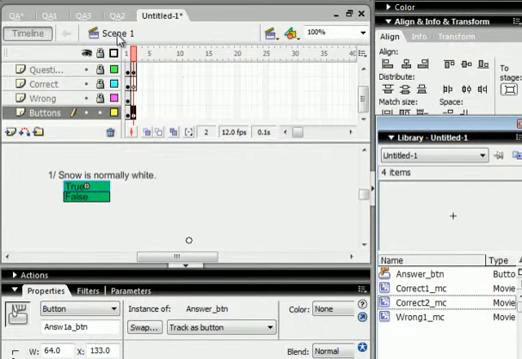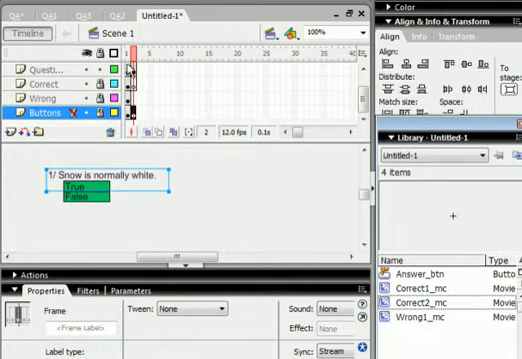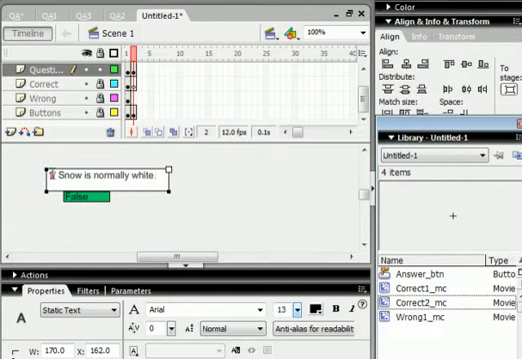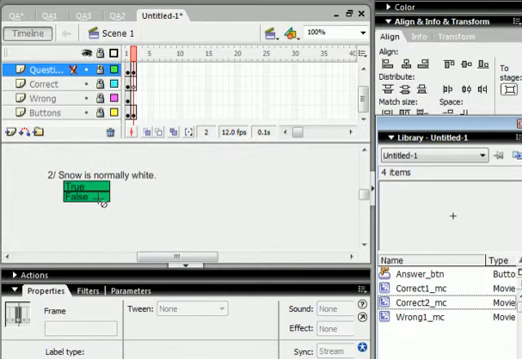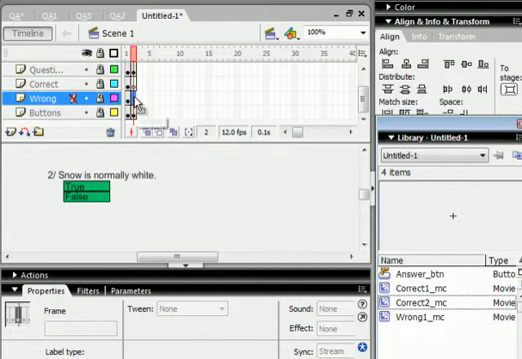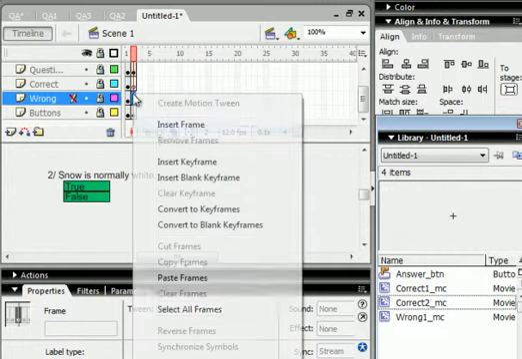Let's go back to scene 1. And let's go back to that question frame. Lock my frames, unlock my question frame, and I want to call this question number 2 naturally. Question 2. So I can lock that again. Now we got to fill in for the false answer. So go to this frame here called wrong. Insert a blank keyframe,